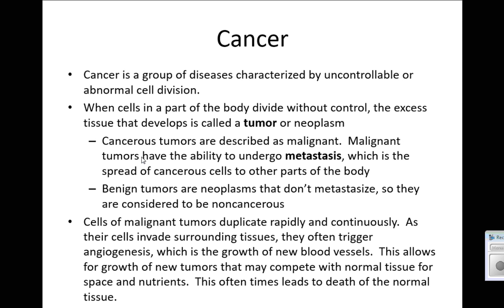This is where we have uncontrollable or abnormal cell division, which means that all of a sudden we've got all these cells being formed, and those form a tissue we call a tumor,